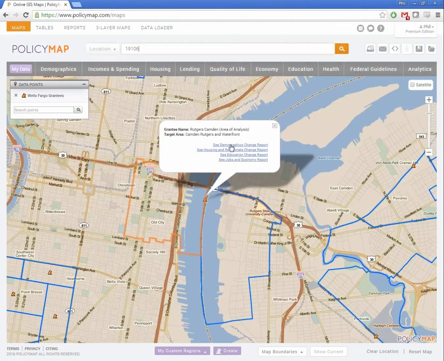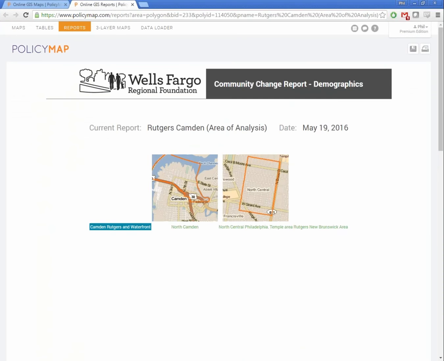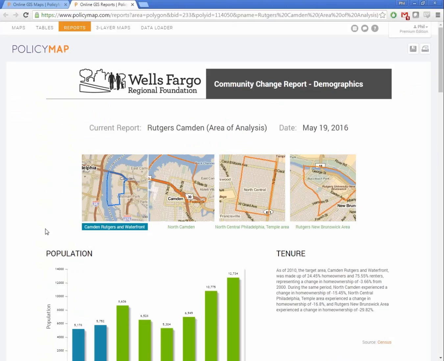And so these reports are similar to that community profile report that I just showed you, but the difference is it's much prettier, and also it has a lot more data. Because it's so much data, we broke it up into 4 different reports. So if you want to see a basic demographic report, well, this is an example of one of the grantees,